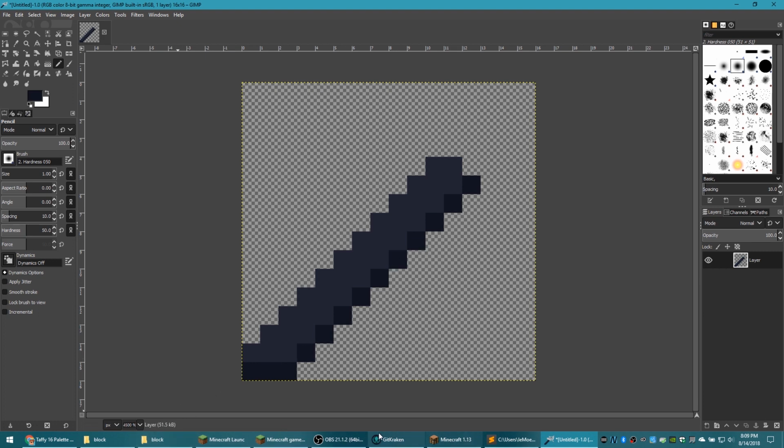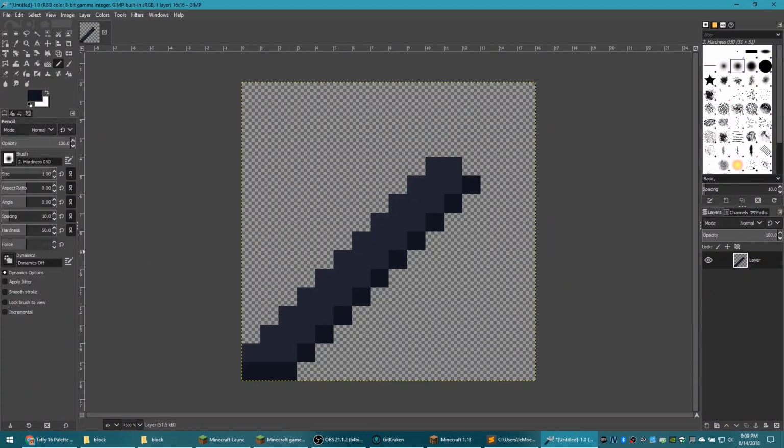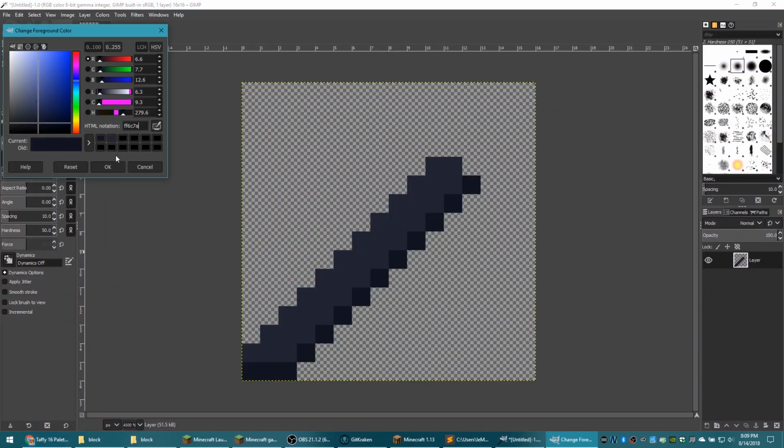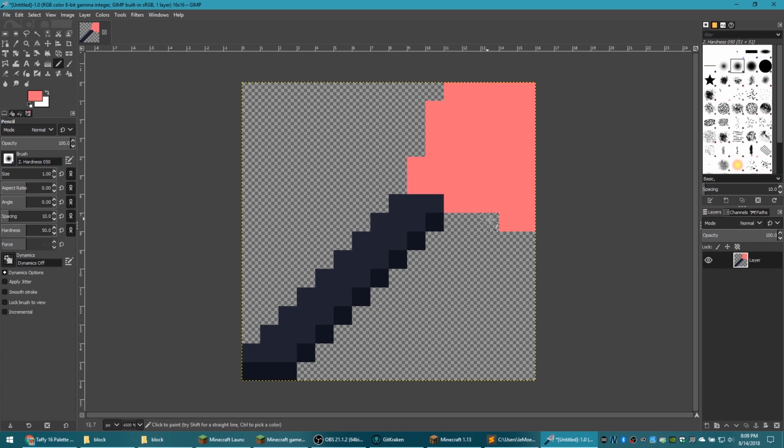And now we're going to grab another color off our palette. Now the thing to understand, or at least I've come to understand about palettes, is they're a good starting point. But the shading and coloring, they don't give you everything you need. In order to get everything you need, you kind of just need to do it yourself. So let's do our shovel like this. Start off with the basic shape, and you're never going to get this right the first time. This is something that's constantly practiced, and